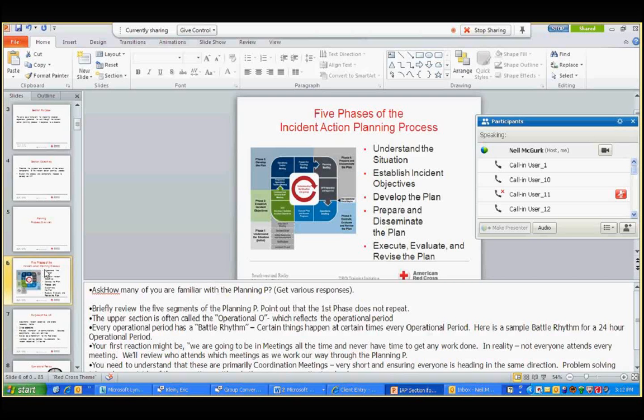There'll be a lot of materials when it comes to exercises and things like that. So you really want to stagger how you hand out the materials and not just give everybody everything all at once, because you'll obviously be giving them exercise materials and things like that, which aren't appropriate to give at the very beginning of the course. So hand out the planning P, and make sure everyone has a copy of it. I also encourage you to hand it out in color as opposed to black and white, just because it'll help distinguish between the different phases of the planning P.